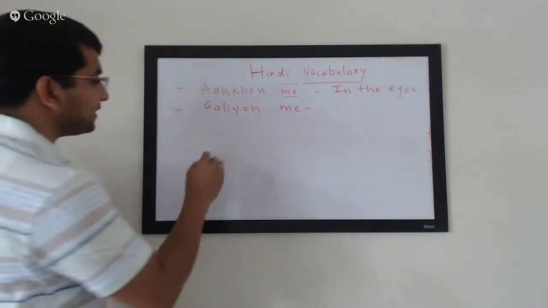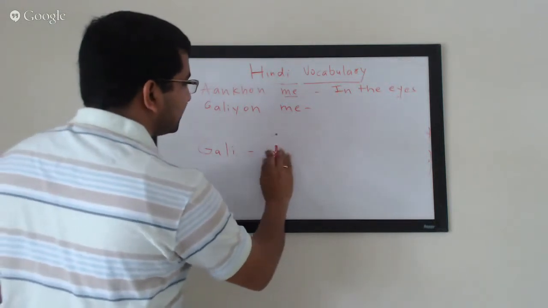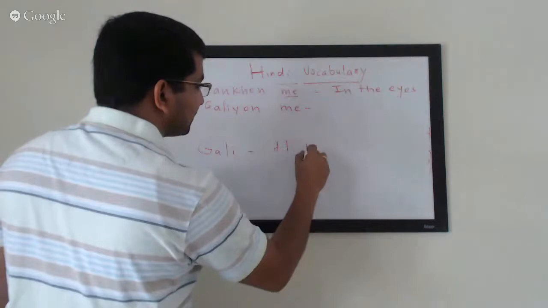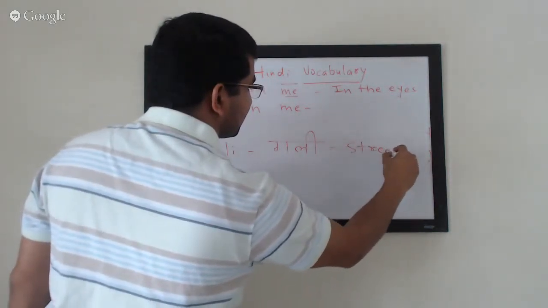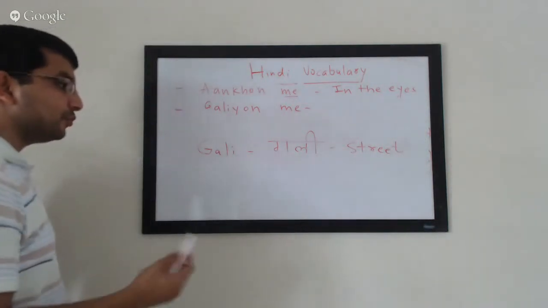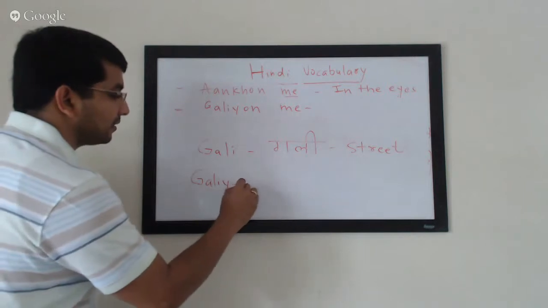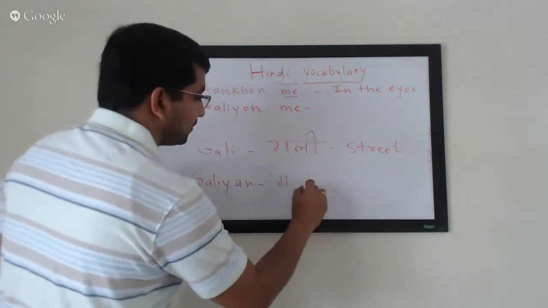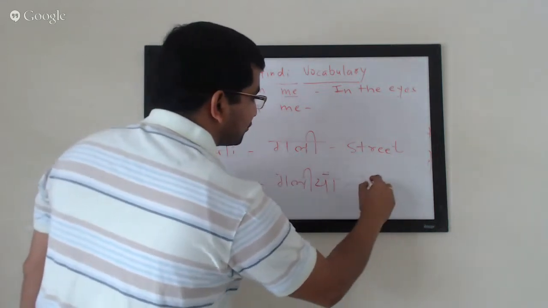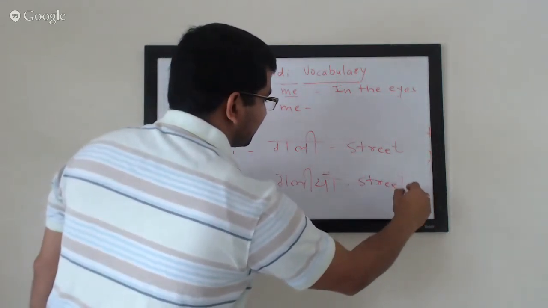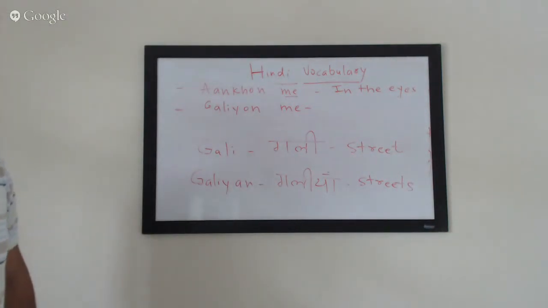So if I simply say gully, gully is basically a street, and plural galiyan, streets, right? Now, if you want to use it with the post position,